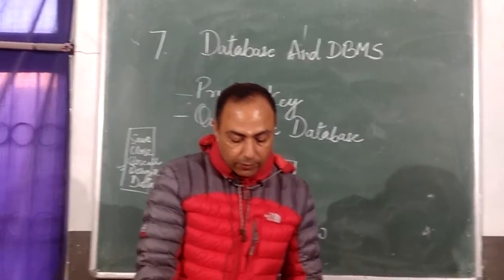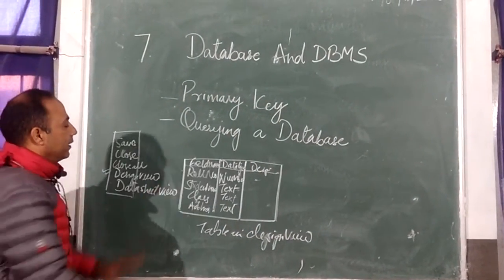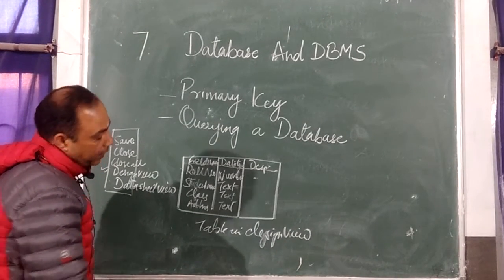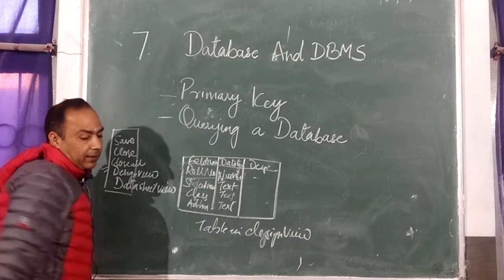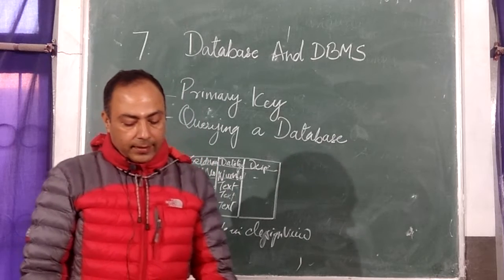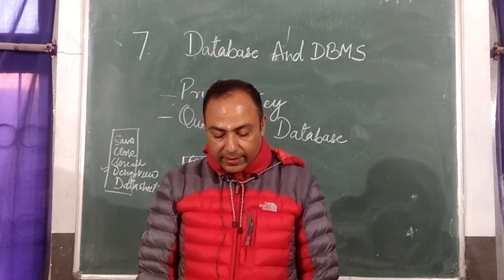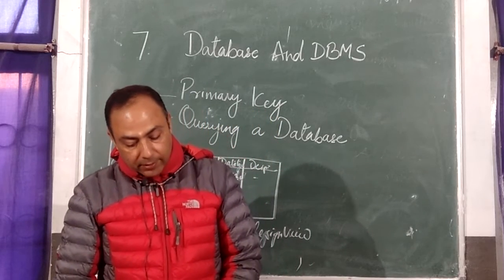So in the design view, you have to select the required field. Now I want to set the primary key here, so I just select this field, and it will be selected. Then I need to go to the tool group and click on the index icon. So tool group, index icon, and the index property dialog box appears.